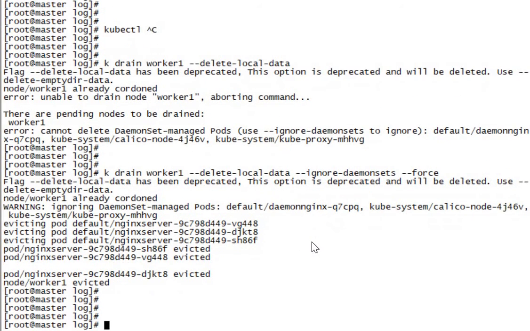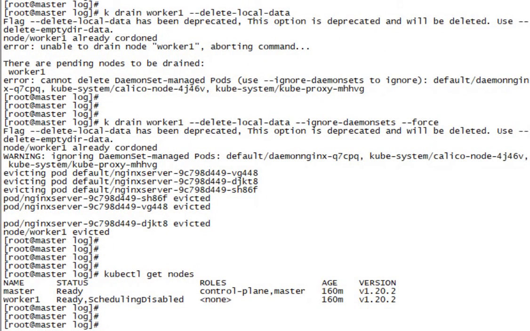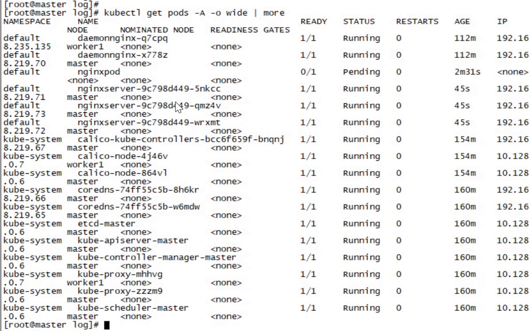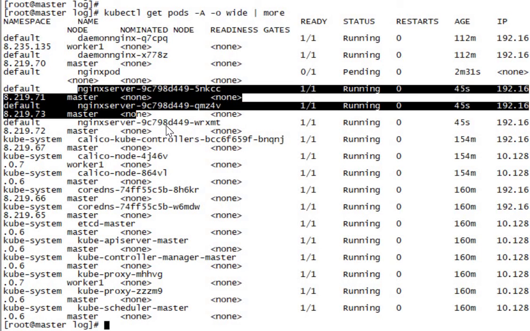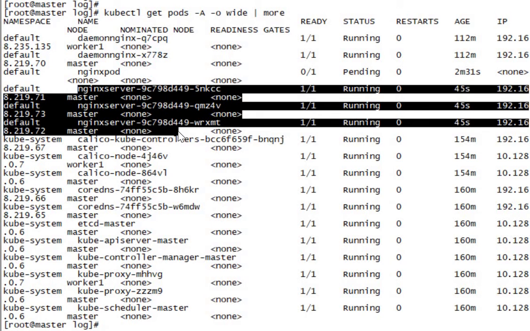Okay, node worker one is evicted. kubectl get nodes, kubectl get pods -A -o wide. We had the nginx pods and those are scheduled to master node. Those were available on the worker node.